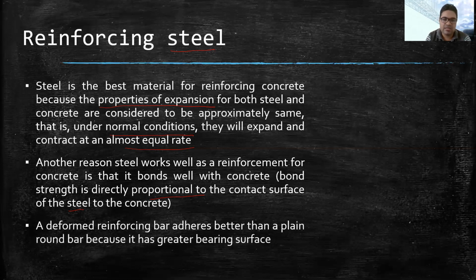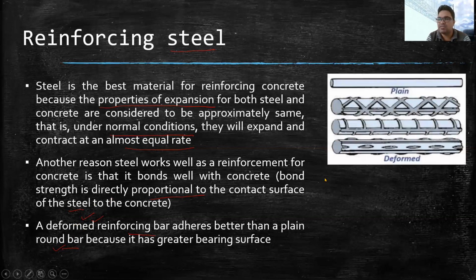And because of that, the deformed reinforcing bar, which is a type of reinforcing bar, offers better bond strength with the concrete compared with the plain round bar of steel. So in the steel bar itself, there are two types of bar. One is the deformed reinforcing bar and the other is the plain round bar. Plain round bars are plain on the surface, while in the case of deformed bars their surface is a little rough. There are some ribs created on the deformed bar, so they offer better bond strength because of the presence of those ribs.